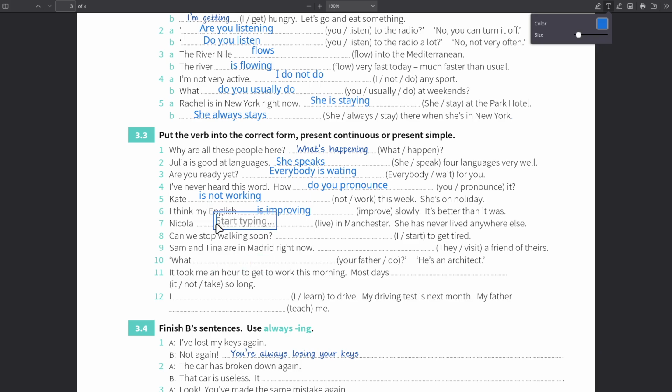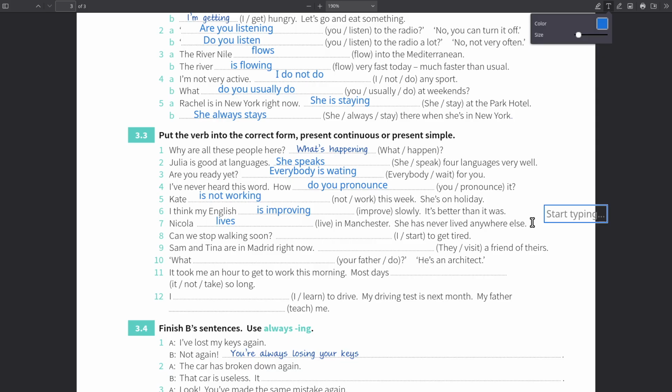I think Nicola lives. Why? Because we're talking about a permanent situation. We can see the second part of our sentence says she has never lived anywhere else. So we're talking about a permanent situation. What's the permanent situation? Nicola lives